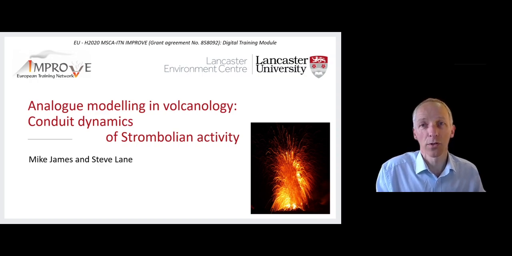In this section of the digital module, I'll demonstrate the use of analog modelling through a case study based on the conduit dynamics of Strombolian activity. I use this example particularly to explore how scaling considerations underpin the experiment design. And I've chosen this case study because it covers many of the standard aspects of scaling, but it also required